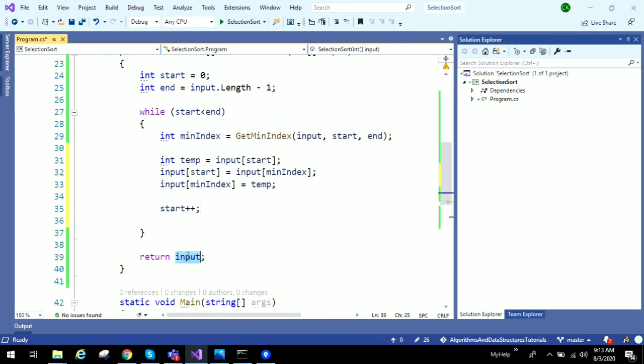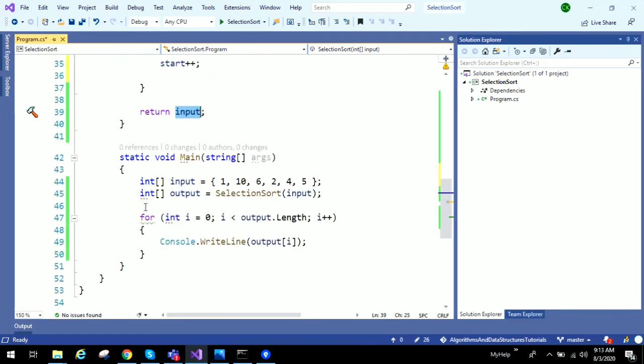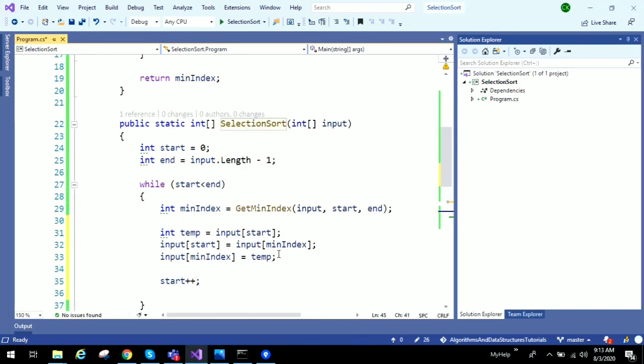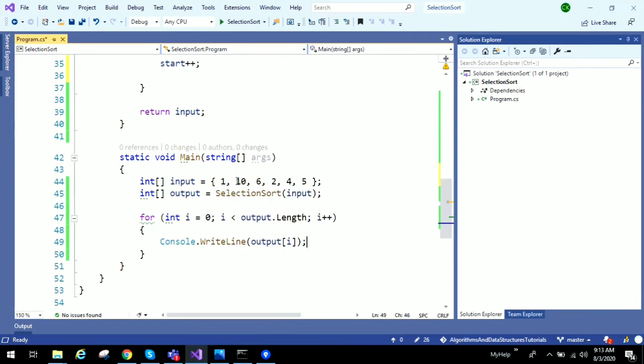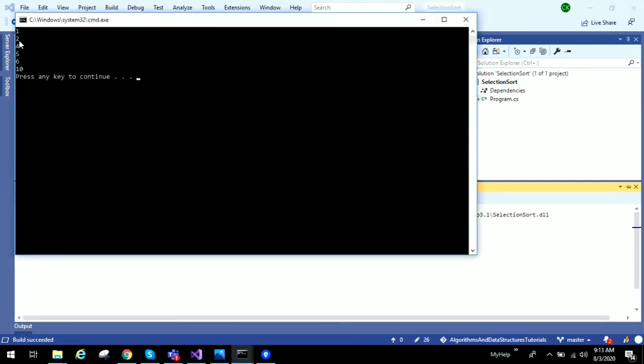And finally I am returning the input array which is sorted, and let us see whether it gives correct output or not. I am just printing out whatever array which is returned from this selection sort function, and it should print the elements in a sorted order. Let us see. You can see here 1 2 4 5 6 10, that is a sorted order,